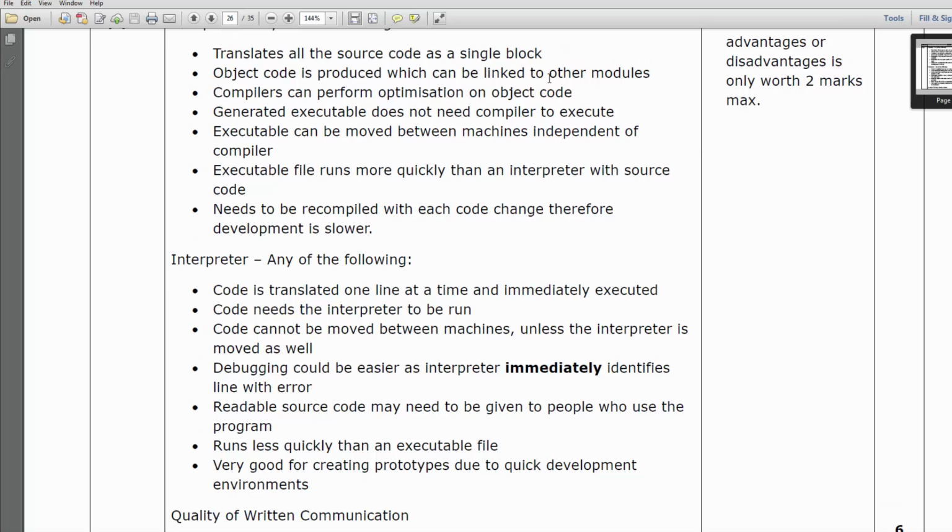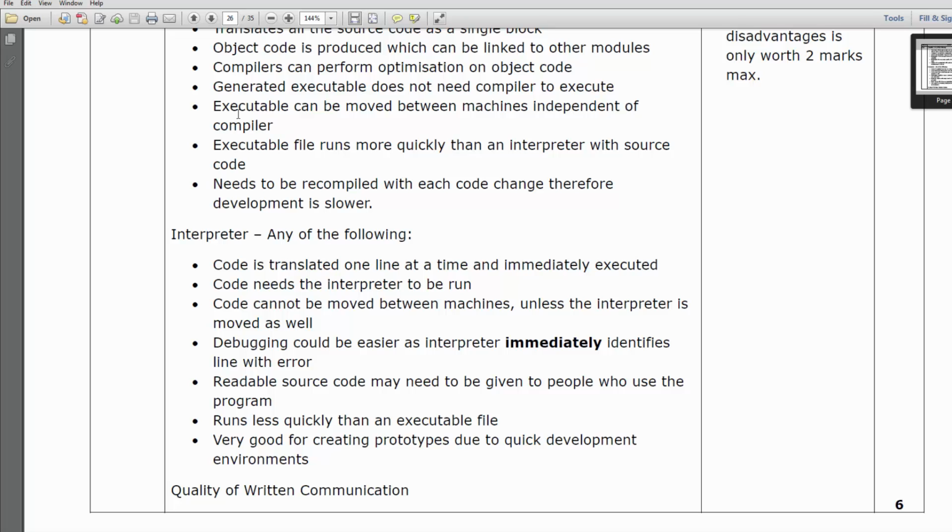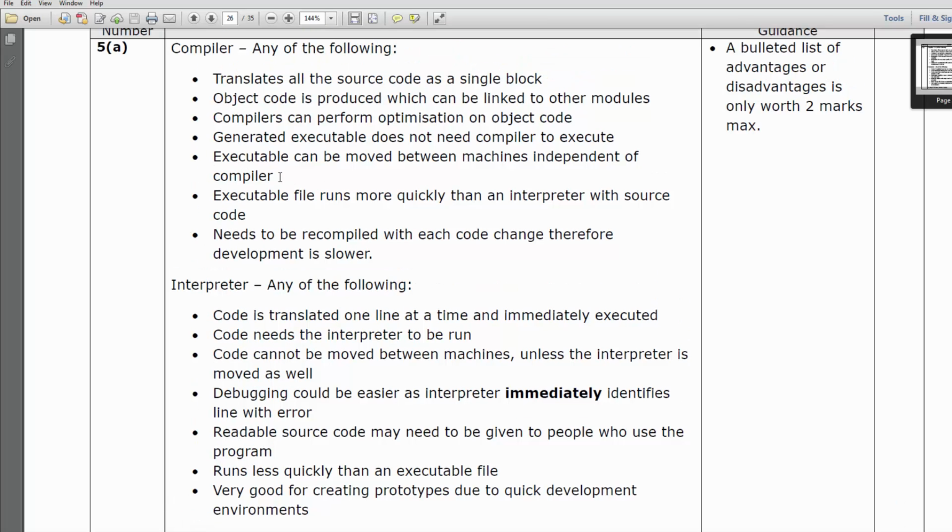Points you don't really need to know about at GCSE level, so don't worry too much about it. Even knowing about object code is good, but maybe not essential. But things like you don't need the compiler or the source code to run the executable file, that's quite important. In terms of portability of using a compiler, I talked about this a bit in the video, I believe,